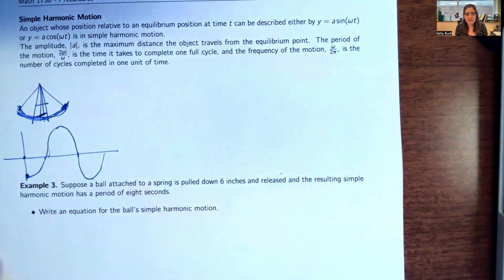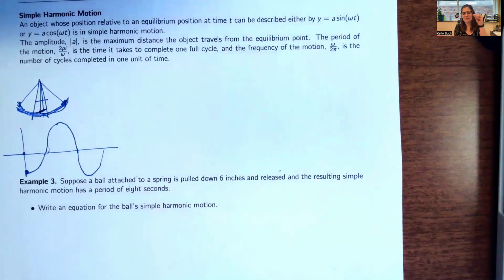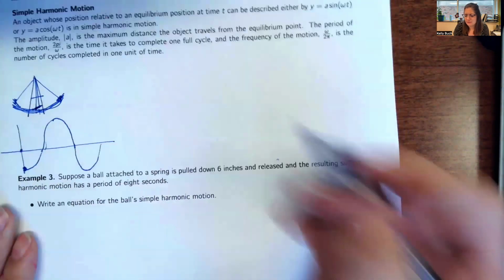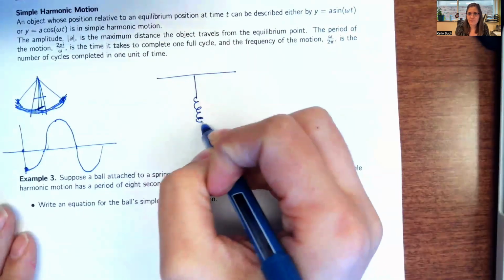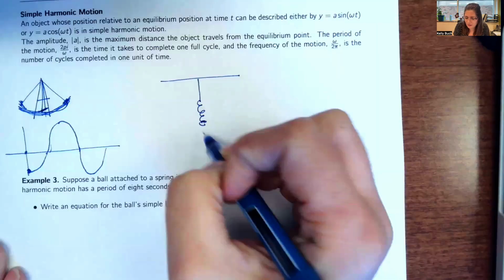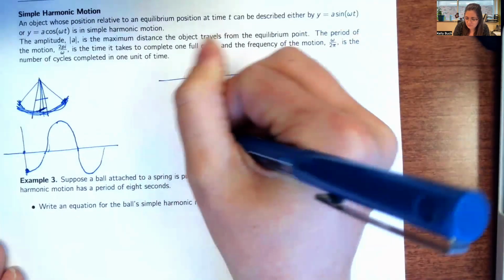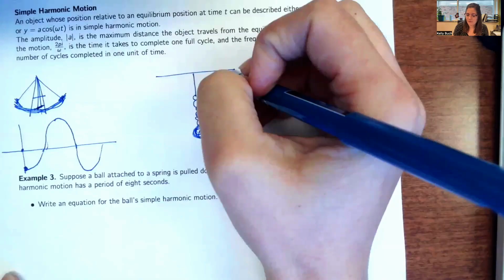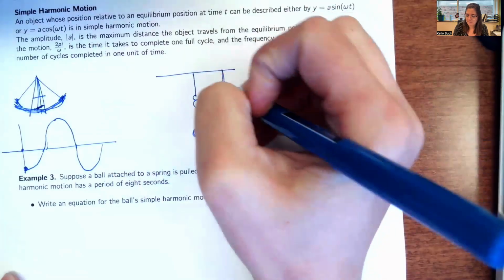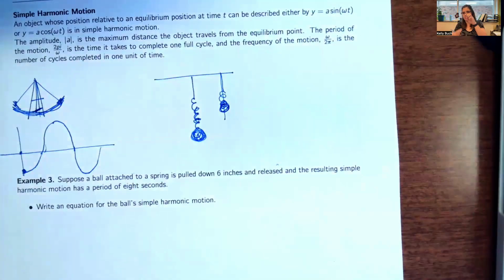Another common example is that physicists will put a weight on a spring. So maybe I have a spring hanging, and if I stretch the spring out and put a big weight on that, what's going to happen as soon as I let go? It's going to bounce up, right? But then it's going to bounce back down because of gravity, and it's going to bounce back up and bounce back down. And so the spring is going to kind of go back and forth between being really wound up and being really stretched out.